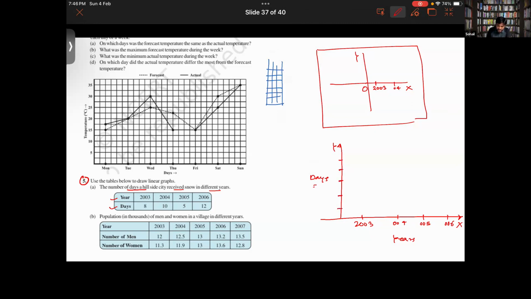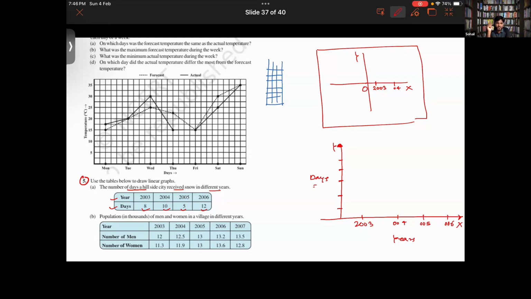That is correct. But the thing is, starting from where? So look at the values. What values do we have? 8, 10, 5 and 12. Okay? Yes, sir. Here, if you were to take equal divisions of, for example,